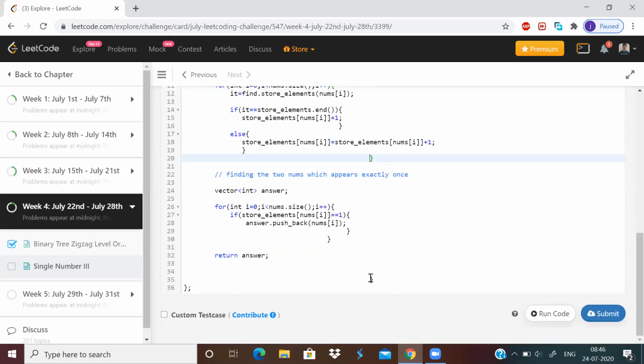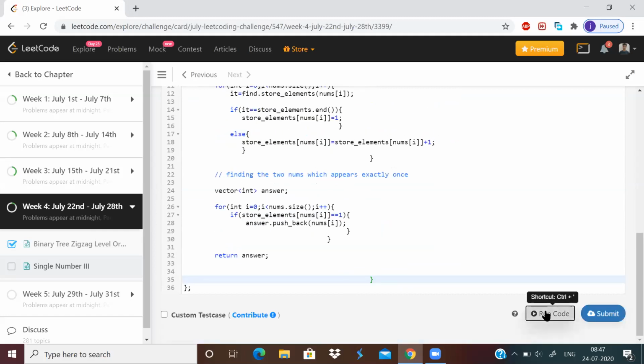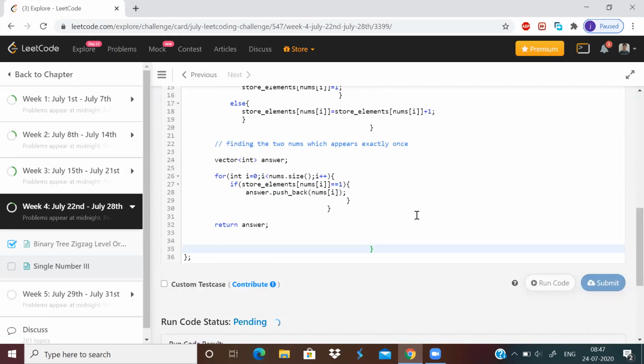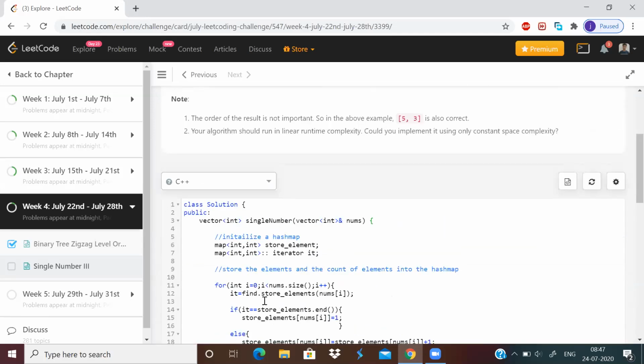Okay, let me run and check. Compiler error, why? Okay, I got it. Here it's not like this, it's store dot find.